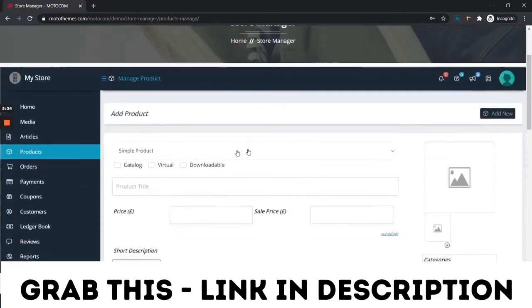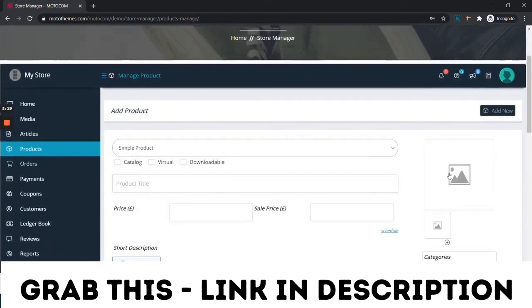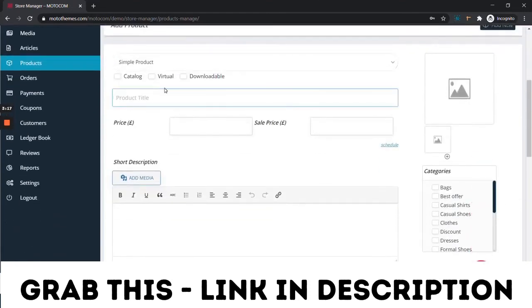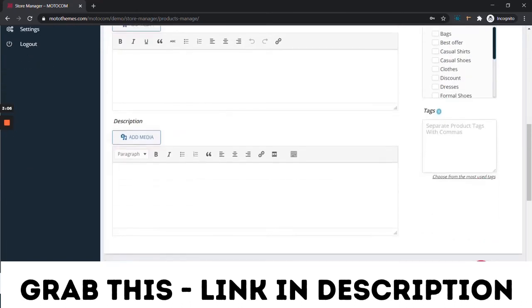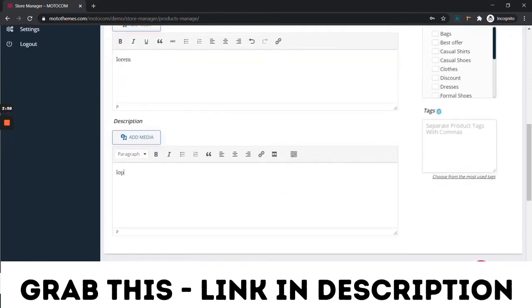and we will be required to fill in all the details like the type of product, the product title, its price, and the sales price you are willing to offer to customers, along with a short description and a description for the same.